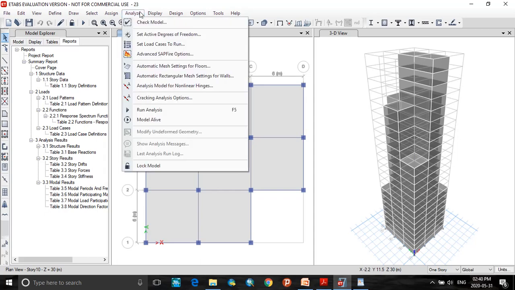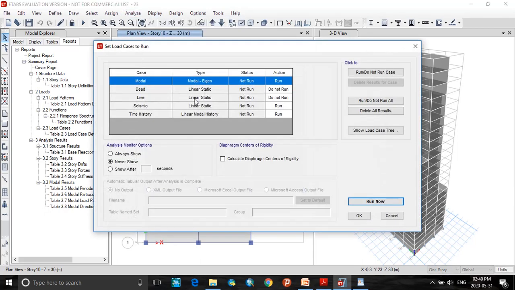My next step is to analyze this model using time history functions. So click on Analyze tab, select the load cases to run. So here I will be running this seismic and time history. So run now.